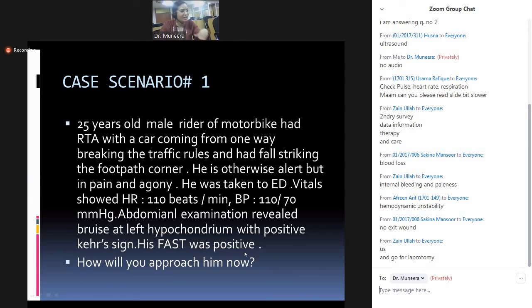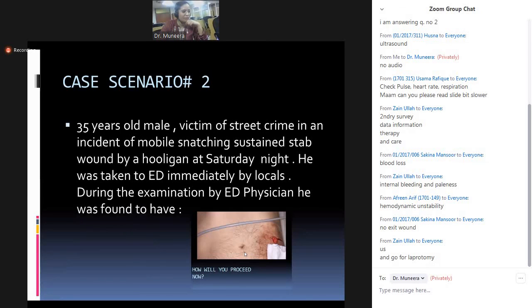Case 2: a 35-year-old male, victim of street crime, an incident of mobile snatching, sustained a stab wound by a hooligan on Saturday night. He was taken to the emergency department immediately by the locals of the area. During the examination by the emergency department physician, he was found to have a small wound in the left iliac fossa. That is the entry wound of the stab, in which you can see bowel herniating out of that wound. This is known as evisceration. And remember, in a penetrating trauma, we have two options: hemodynamically stable or unstable. With evisceration, your answer would be